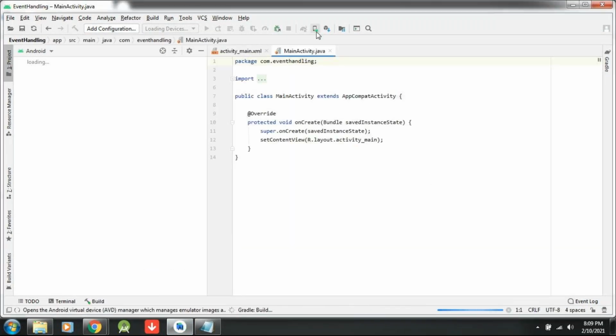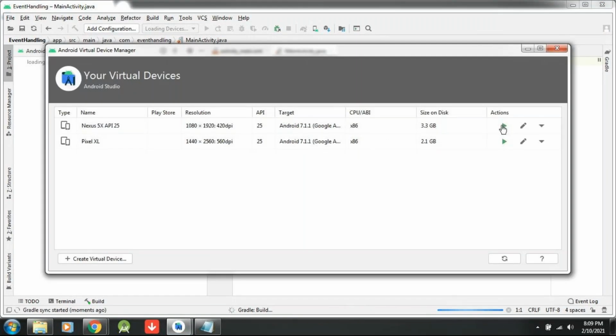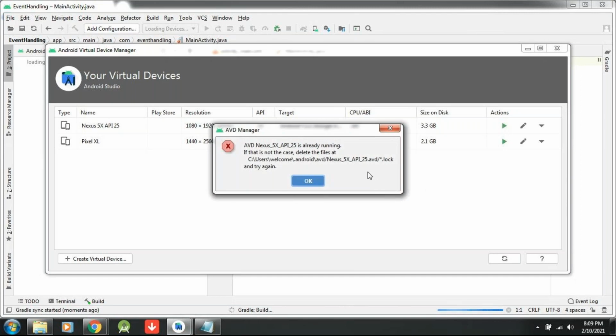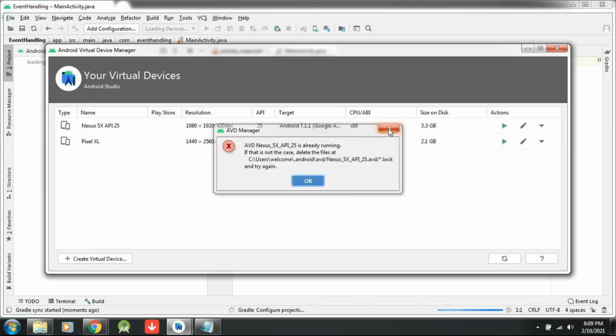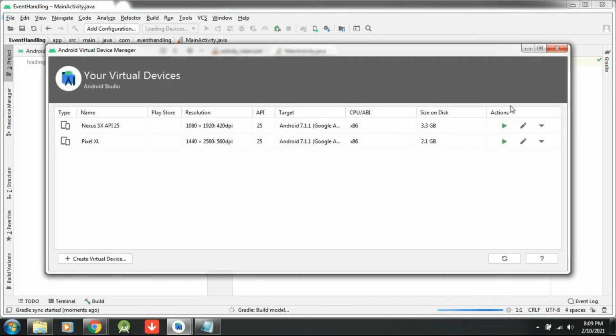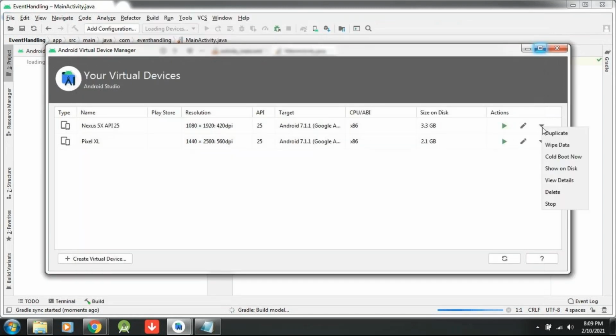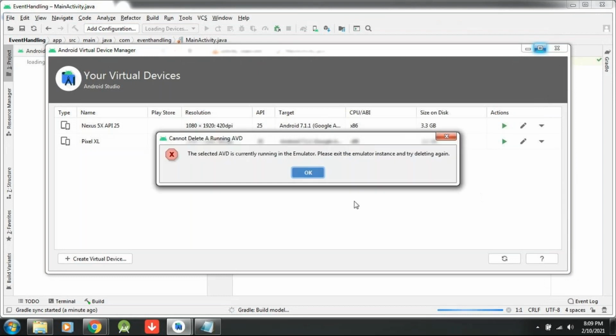Whenever it is running, I would like to launch a virtual device, because at the last time it takes a lot of time. It is already running. It is saying there is a problem in the emulator, so I will try to delete it and create a new one.